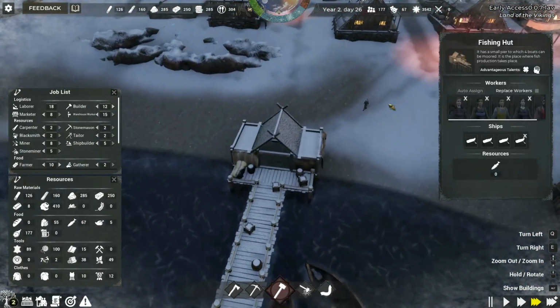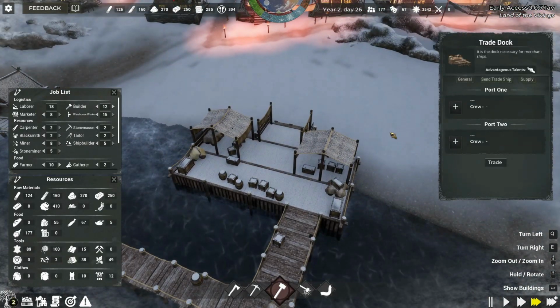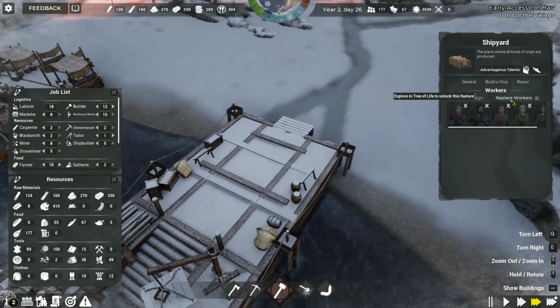Let me take a look at my fishing docks, by the way. Okay, we have 4 boats, so that's good. We can... this is the trade dock. We can set this one to...